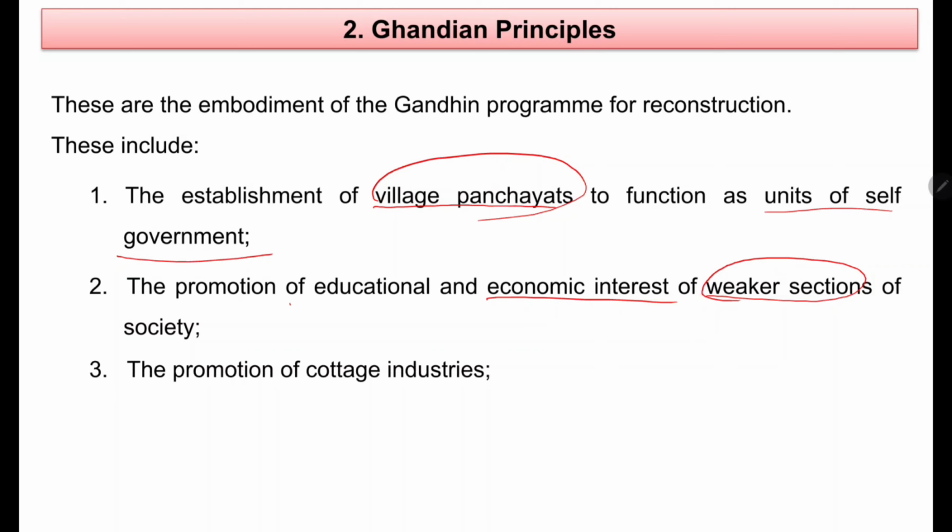The third point is the promotion of cottage industry. That means small scale industries. These small scale industries can earn huge and make a person self-reliant and independent, especially women. Like weaving of clothes, especially khadi clothes, all this comes under cottage industries. The guidelines say that there should be promotion of cottage industries, and it is happening also, on a small scale in most villages, if you can see.